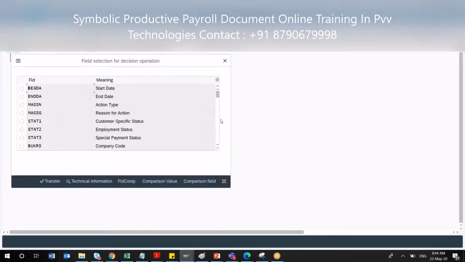There are different options here, and you can choose whichever is more relevant for you. Suppose ESG and ESG grouping is not that relevant for you, then you can decide based on your personal area or personal subarea. So you have a lot of options in this feature.